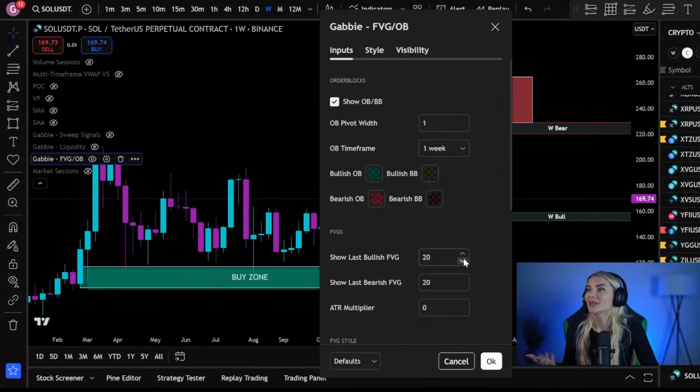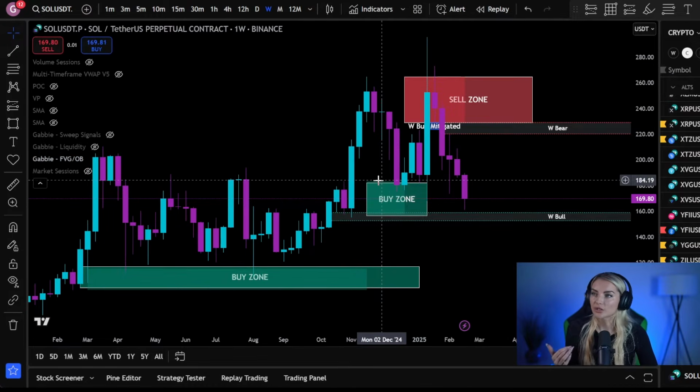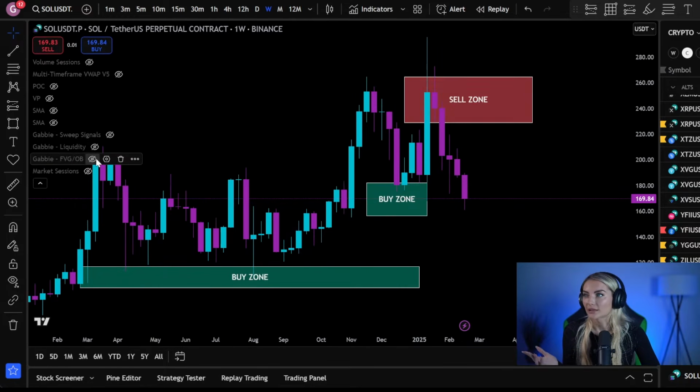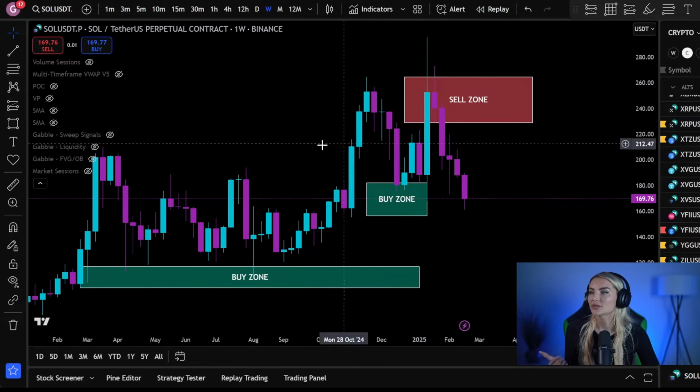You can pick 10, 5, but that means you're not going to see everything. But sometimes the charts get a little busy. So that's why I like to have the indicator on, mark my stuff that are important to me, and then close the indicator like that. Okay, so this is all I see after I finish with this indicator, the buy zones and the sell zones,